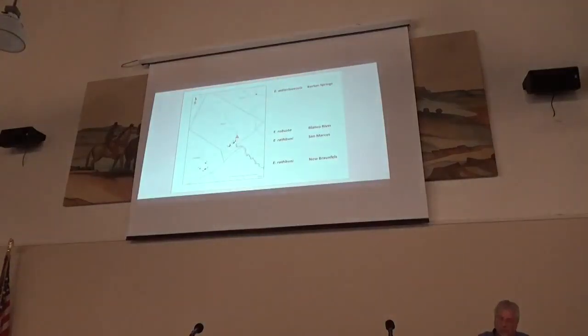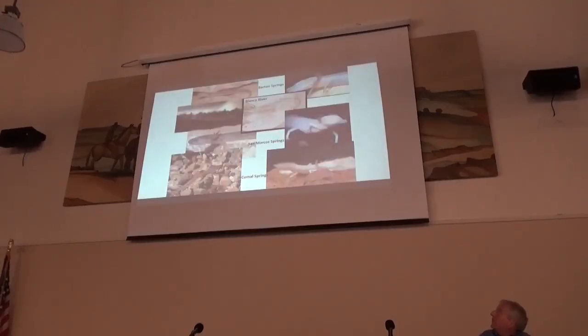And here's just a little map to show you, Austin's at the top, Barton Springs, we have Eurycea robusta in San Marcos, in the Blanco River, Eurycea rathbuni in San Marcos Springs, and then this rathbuni-like thing in New Braunfels. And what's cool is that each of these extreme aquifer species you see on the right side of this image,